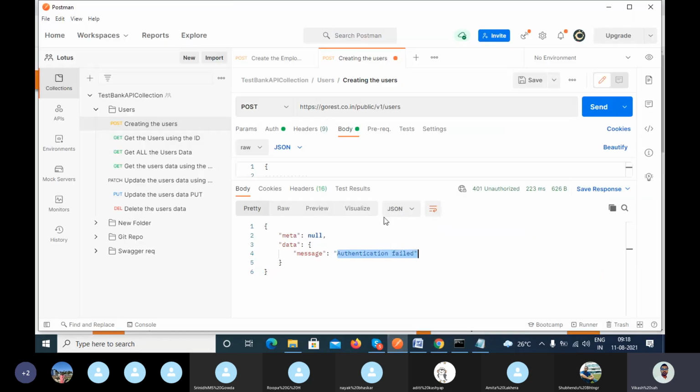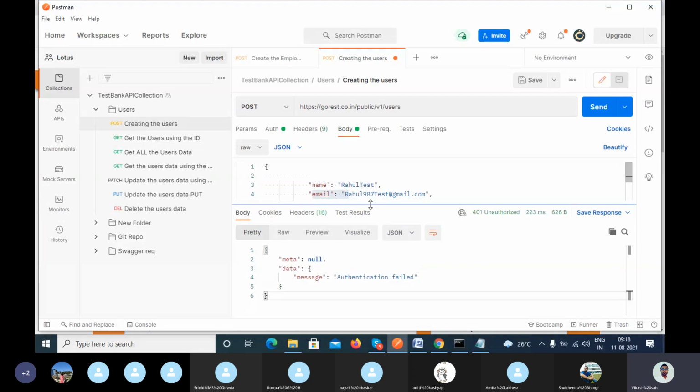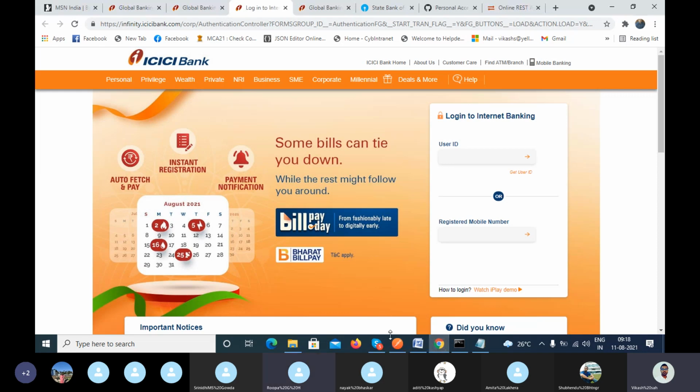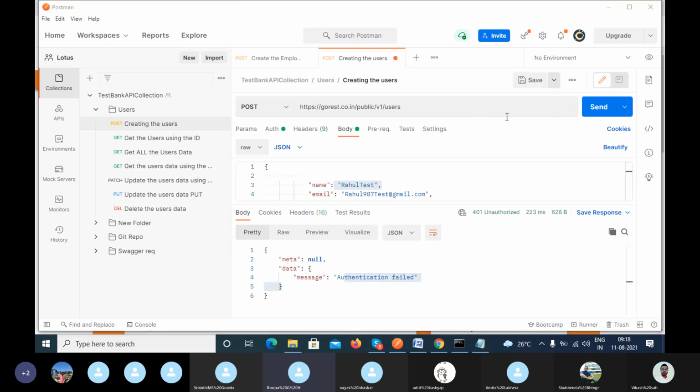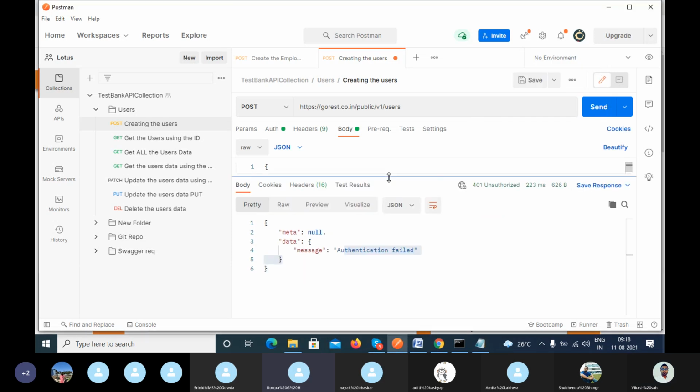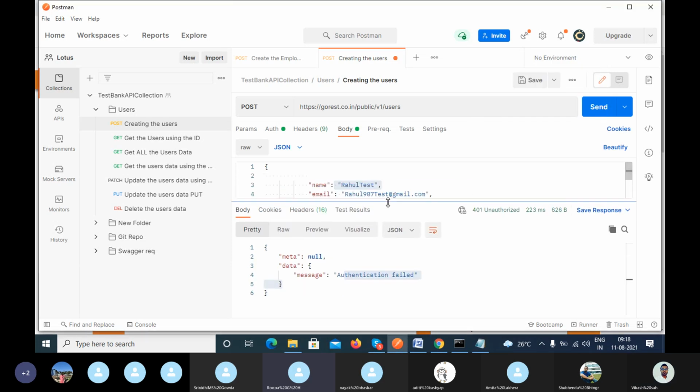In the backend, if your token expires, then you have to generate the token again and then you can use it. Clear? Yeah, but can you go to the Postman tool? Their environments or somewhere, again we will generate the token from there, no? Environments tab or somewhere, like we click on generate token.